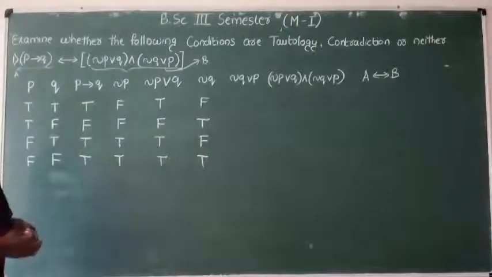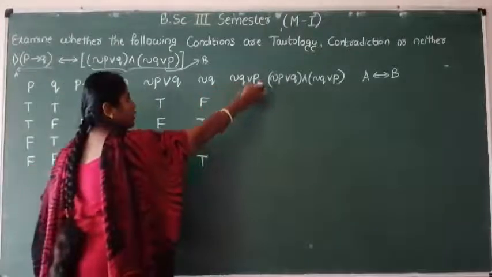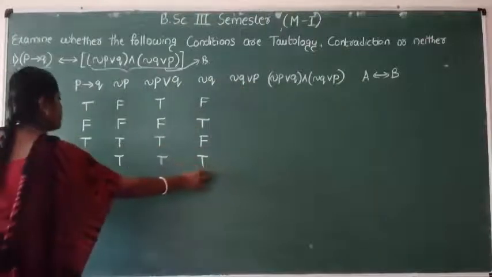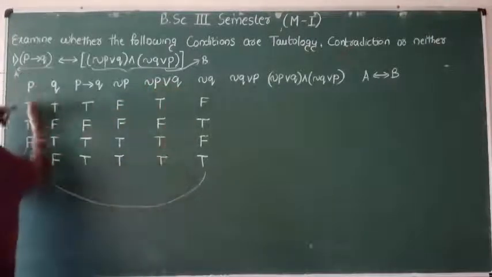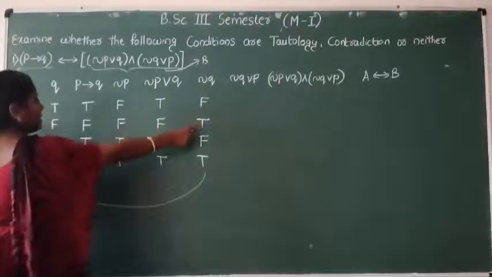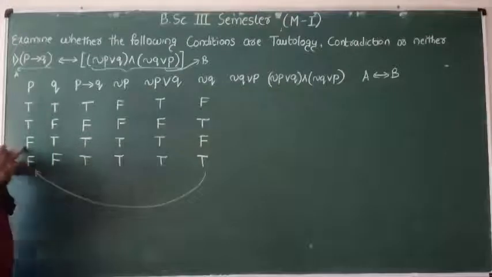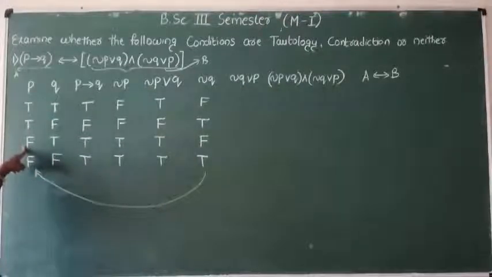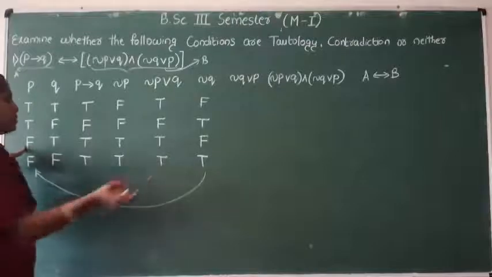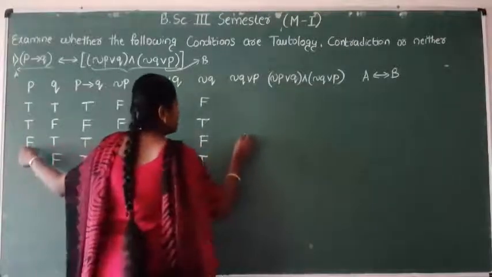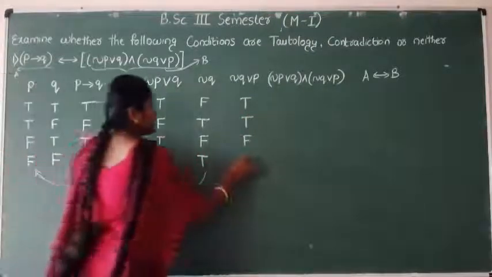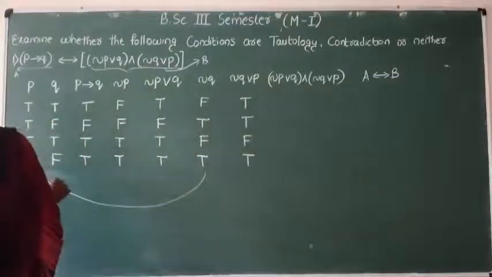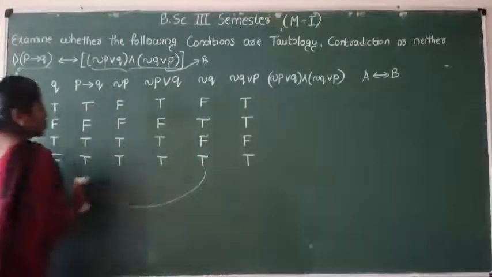Next we see this value table: negation Q or P. False, true, true, false. In the or condition, if P is false and Q is false, then P or Q is false. In other cases it is true. If both are false, then it is false. In other cases it is true. So this becomes true. Right? So in the next condition we have to check